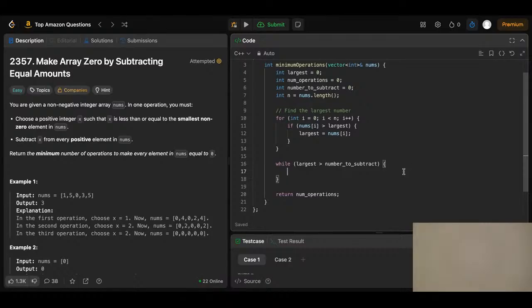What do I want to do first here? Well, I guess the last thing I want to do is num operations plus, right? I want to add 1 to the number of operations. Just so I don't forget how to do that. Okay, then